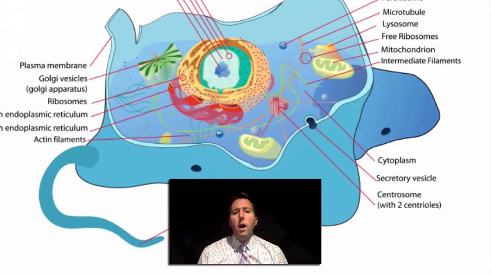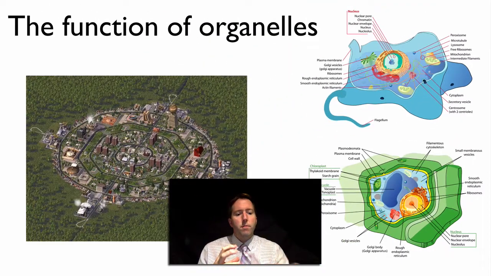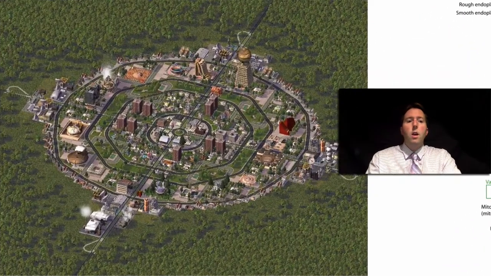Now, if we look inside a eukaryotic cell, we see that it's a really busy place. There's so many things going on because there's lots of organelles. There's little subcompartments of eukaryotic cells which do different things. And we can think of one eukaryotic cell as a bit like a city with all the organelles in it which have a different function. So if we think our cell is like a city, we can think about